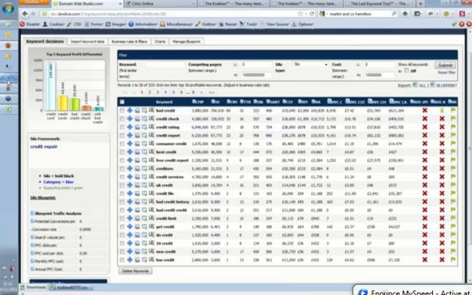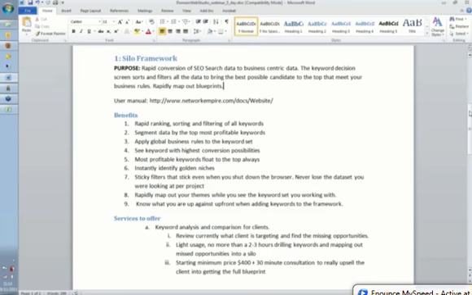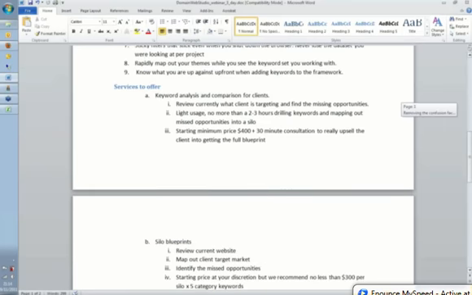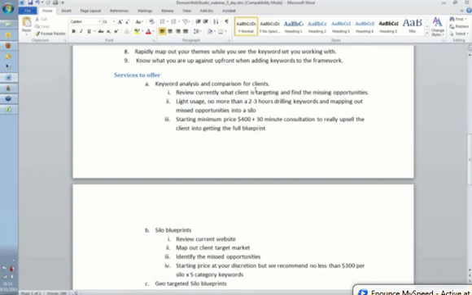And one of the first things I've done here on how to make money with DWS was keyword analysis and comparison for clients. And that's basically where you review currently what the client is targeting. You find missed opportunities like we saw over there, and we basically drill 2 to 3 hours, do analysis, and we look at the modeling, and we charge the client basically $400 forward plus a 30-minute consultation explaining to him. But the consultation should actually always lead up to upselling him to a blueprint so he can get into something